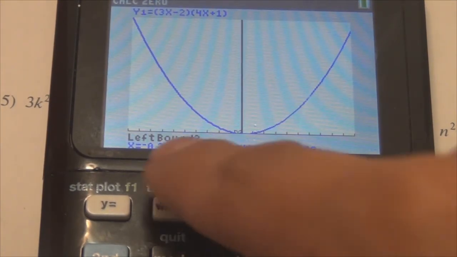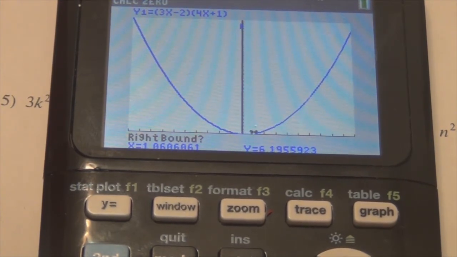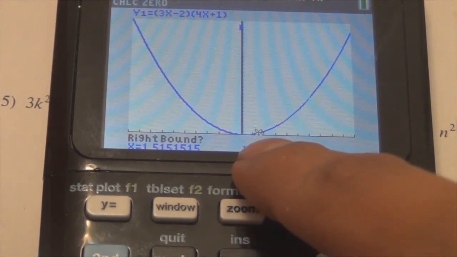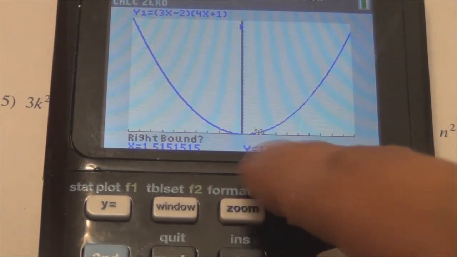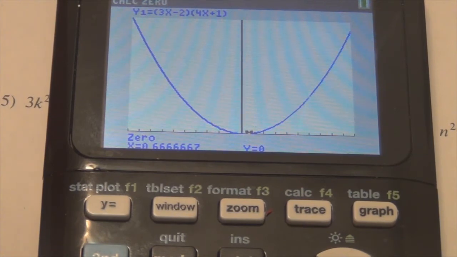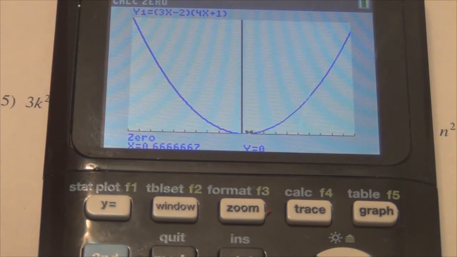Where is that? Well, it's asking you for the left boundary. So go right here, press enter, and now for the right boundary, go a little more right here. Because now you want to know where the graph touches the x-axis on this side. Enter, guess, yes. And look, it says 0 for y, of course, and 0.67 for x. So my friends, you just learned how to find the solutions to a parabola or to an equation